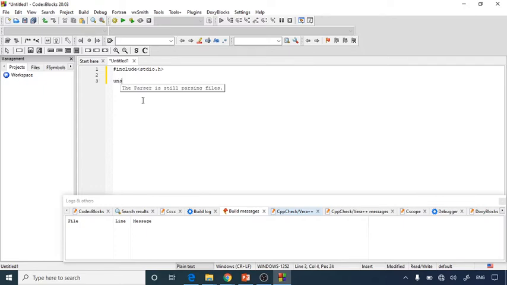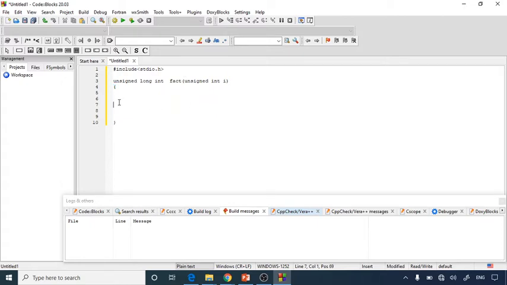Now I'll take unsigned long integer, and we'll give the name of our function as fact, because we are finding a factorial. Inside that I'm giving a parameter, unsigned integer i. So here I have written the function which I want to be in a recursive way.